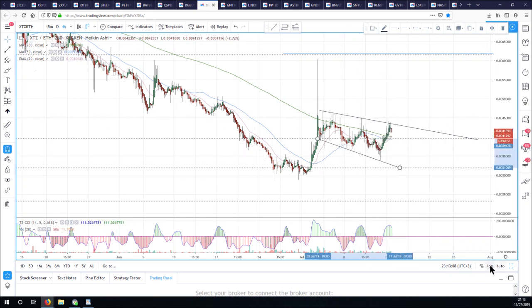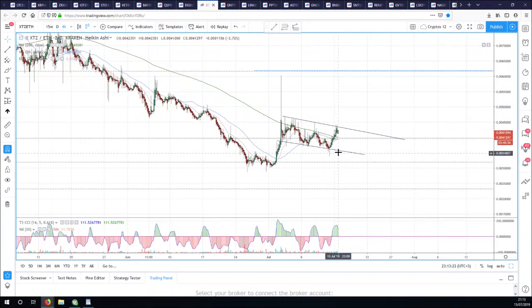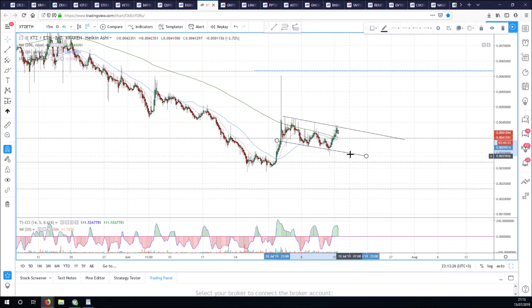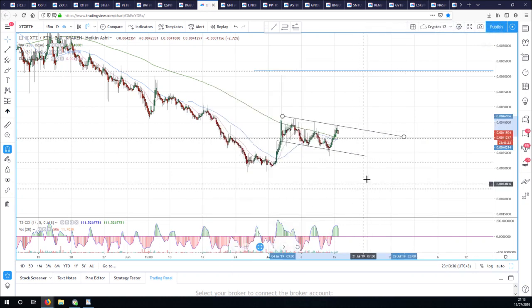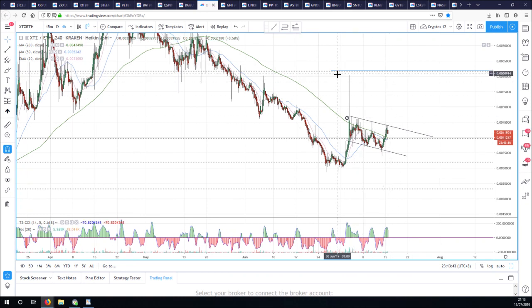Oh, why is it doing that? I'm not in log scale, am I? No. Okay. There we go. There's our channel that we're stuck in. So we need to break out of that if we're going to get to our target up here at 61,900. Whilst we stay in this, we're still in this sideways declining wedge pattern. So that's what to look for. If you want to make sure you don't miss it, put an alarm on it. Okay, so there we go. Looking for another leg higher in XTZF, and that does have a good look, provided we could break out.